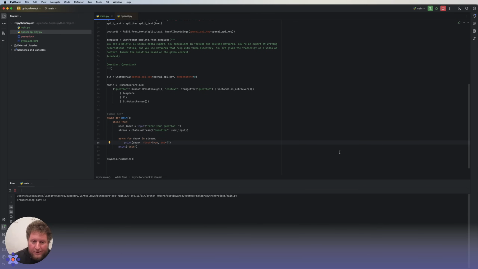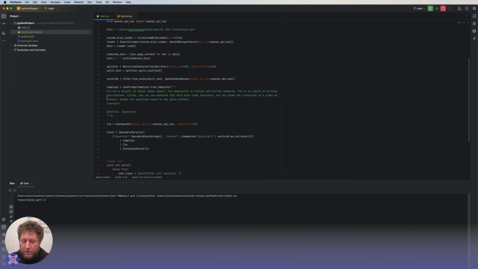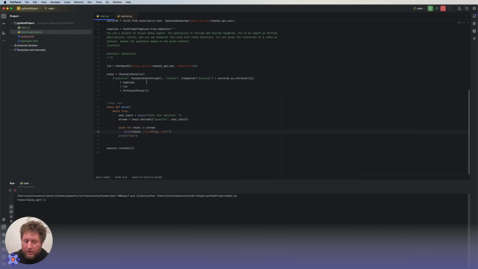Let's see here. Other things you could do to clean this up is better naming. Always playing with your prompt is a great thing to do. And then there are some great ways you can add chat history. So right now, I can keep asking questions, but it has no conversational awareness of the context that happened before. And so I can't say, oh, tell me more about that, or dive in. So let's try this.